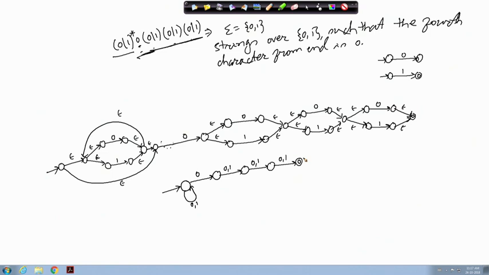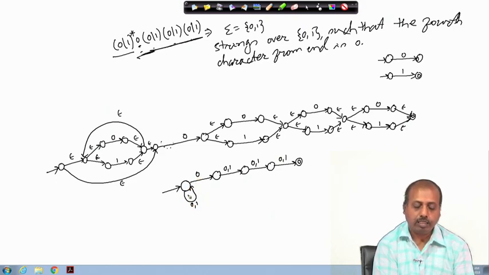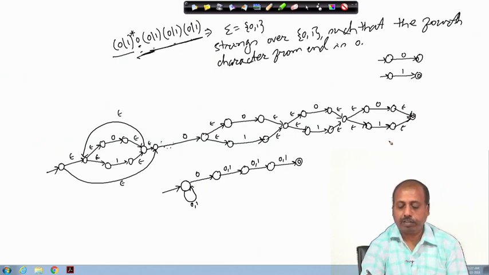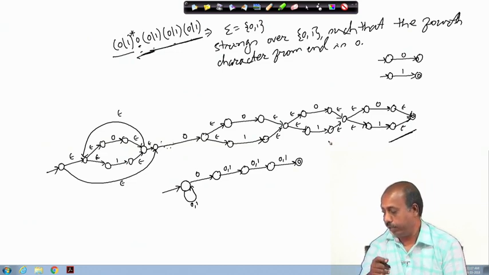So, this way also you can draw the NFA. So, this is also NFA because it has got non-deterministic decision at the first state. So, either on getting input 0, it is remaining in this state or it is going to the next state. So, that way we can have a non-deterministic choice. So, this is also an NFA, but you see the NFA that we have constructed here is very complex, but the process is automatic. So, we have followed a rule book for constructing the overall NFA.